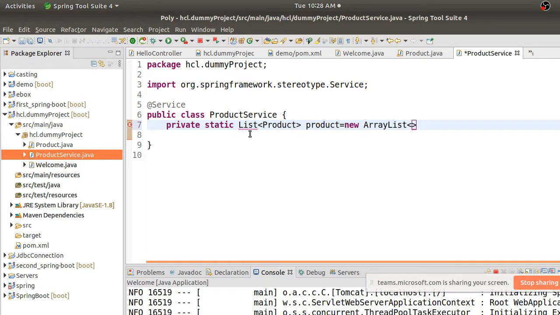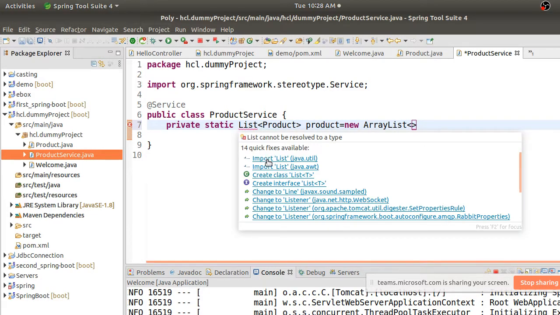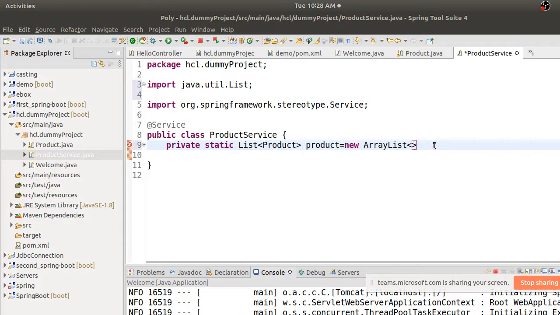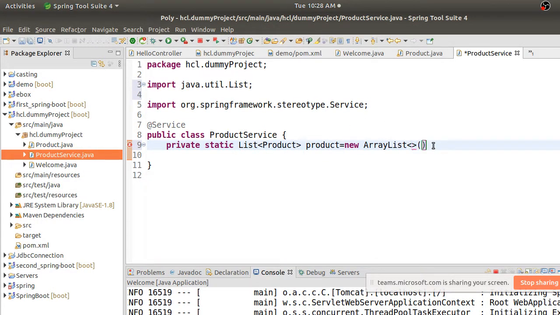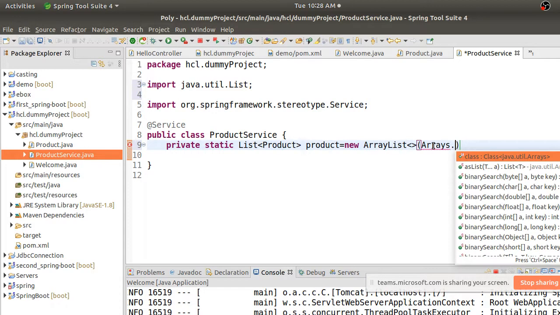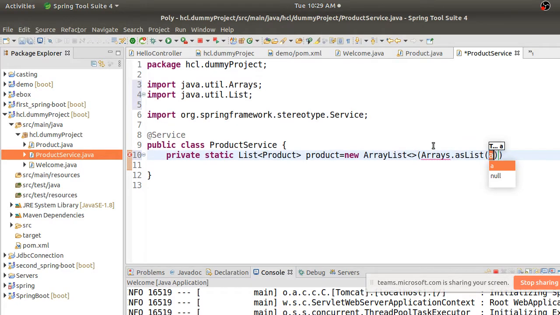One second, I will import this List from the util package. I think, yeah, I need a list here.